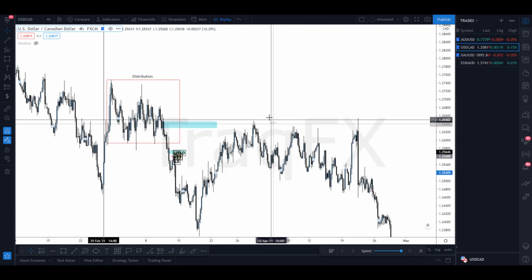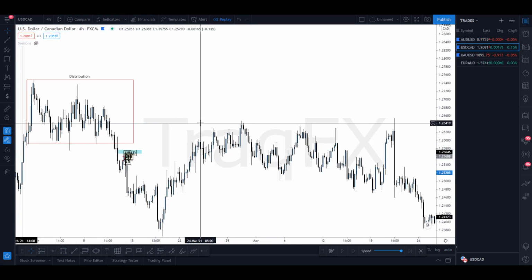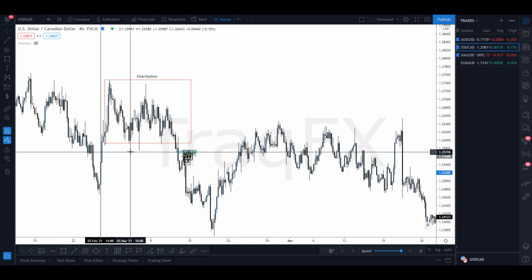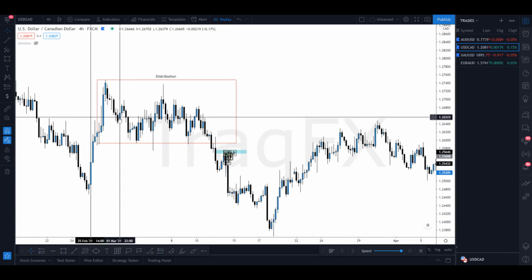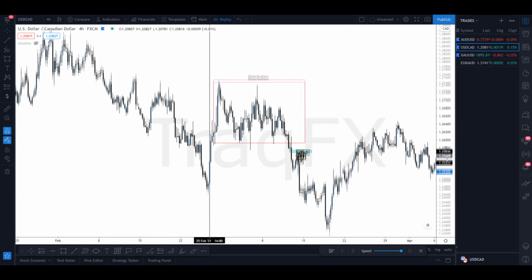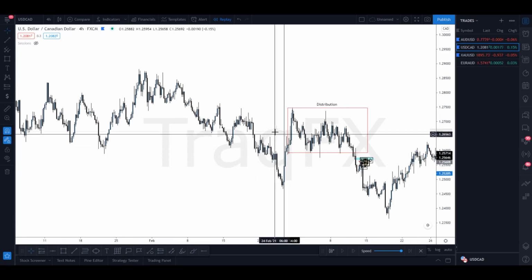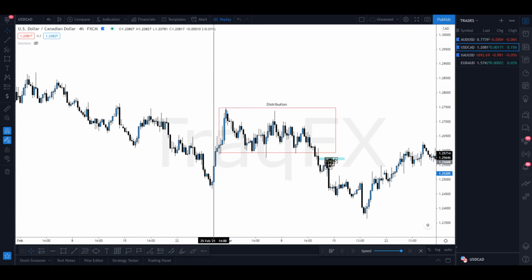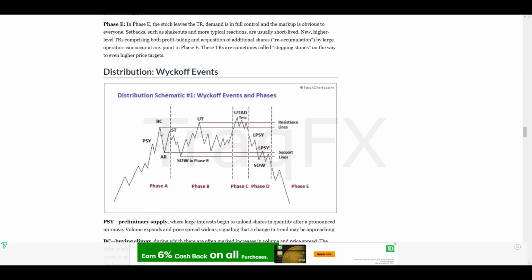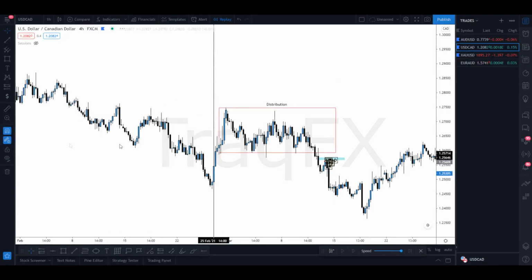So like I said, we do have the LPSY, right? We have the LPS right over here. Now, if we're looking at Wyckoff from a different perspective, from the higher time frame perspective, for example, right over here, we do have distribution happening. The market does push up, and then it does give us a schematic. Let's look at it. So let's look for the PS and the BC. Let's go down to the 1 hour time frame,